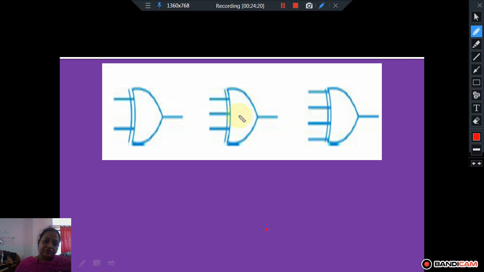As you can see here, this is the logic symbol of the XOR gate. The XNOR gate is represented with the same symbol followed by one bubble. So if you put this, okay, this will be the XNOR gate. Suppose there are two inputs X and Y,